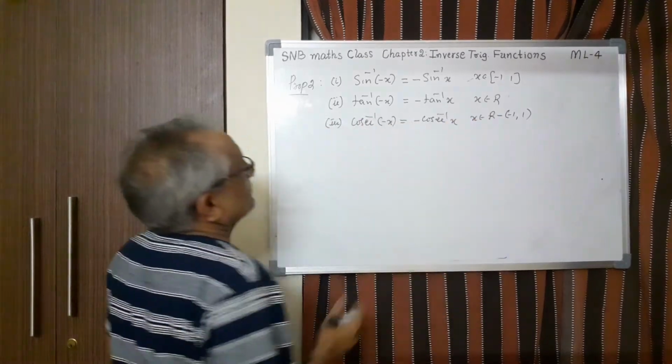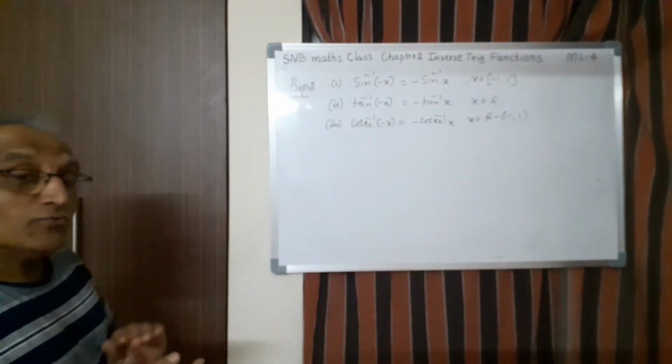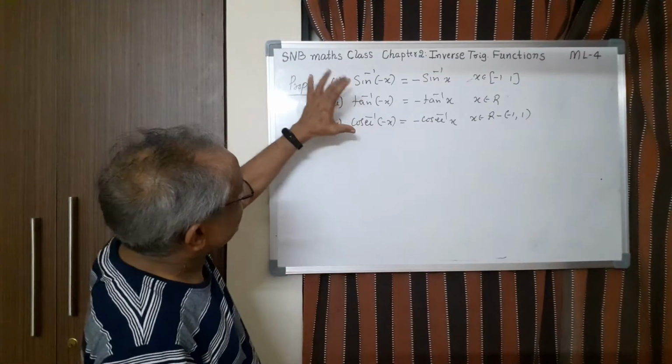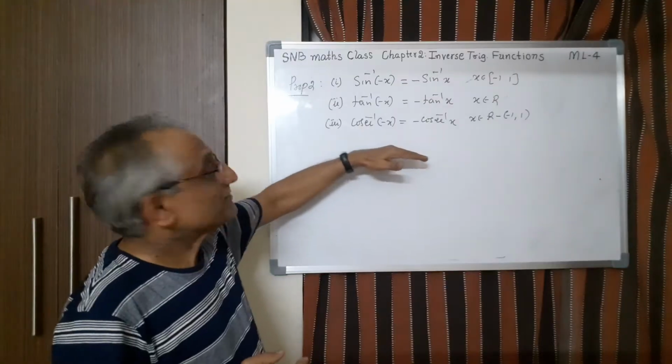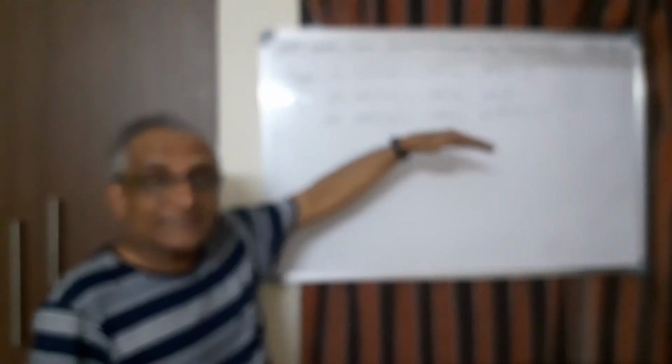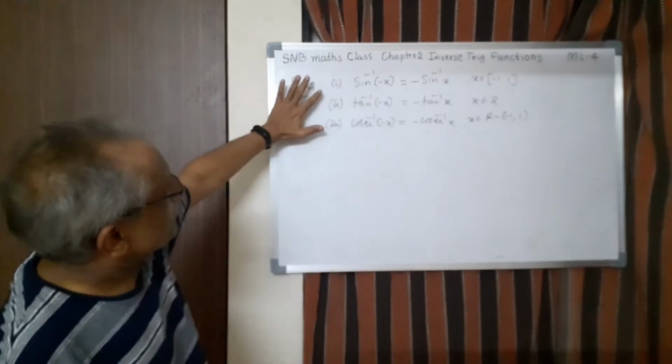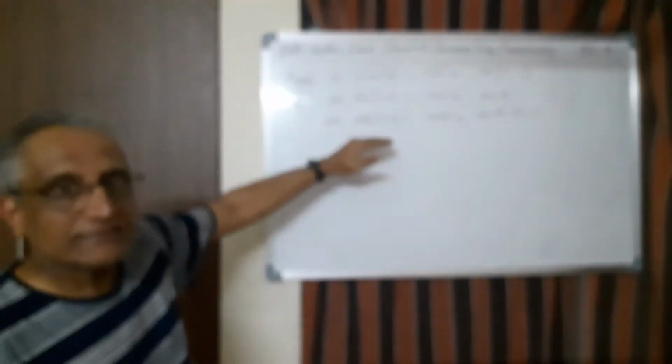So whatever domain we have to write. Now you may wonder why only these three? What about the remaining? So remaining is property 3, therefore you have to wait. So let us prove this one. So here also, as before, I can prove any one of them. Remaining you can try similarly.